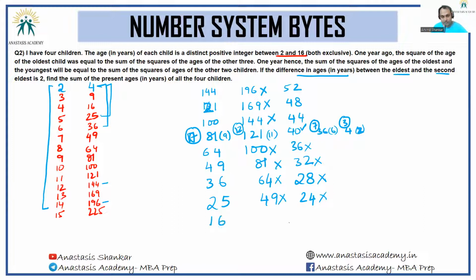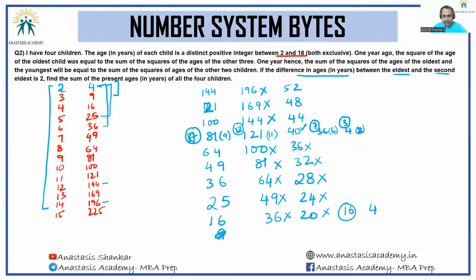Let me check 16 and 36. A difference of 20. I see now, when I'm checking 16 and 36, these are the only two younger ages left. So 4 and 9, not possible. Can't make a case. Don't fall into the trap of thinking, no, 16 and 4 would work, because then two kids would have the same age previously. Not happening. And the final case to check is